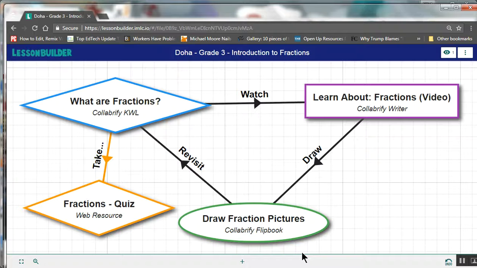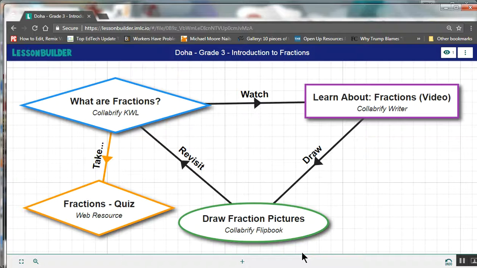Hello, I'd like to show you now how to use LessonBuilder to tweak an existing roadmap, to tweak an existing lesson. Our sense is that LessonBuilder will be used by curriculum developers to create roadmaps and lessons, but the teachers will take roadmaps and lessons and change them, differentiate them, localize them, contextualize them, make the lessons fit their particular classroom needs. So let me show you how one teacher might take a lesson about fractions for grade 3 and